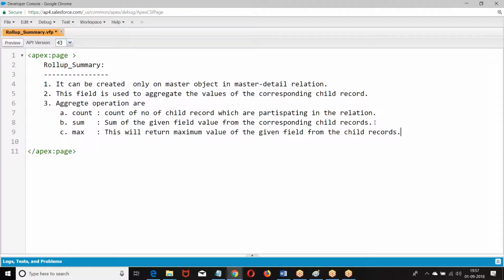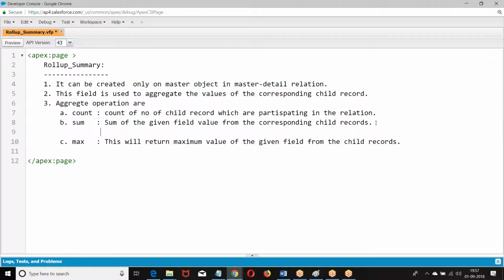When he says sum, this will work on only number and currency. This will take only number and currency fields.